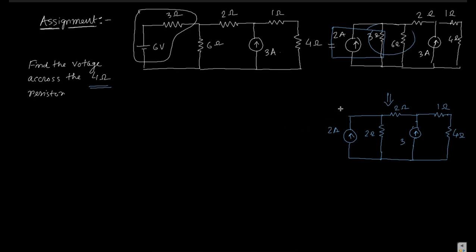Now you can convert this current source with a parallel resistance into its equivalent voltage source and series resistance. So what is the value of the voltage source? It becomes I into R is equal to V, so it becomes 4 volt. And there is a 2 ohm resistance connected. That 2 ohm comes into the series. Now this 2 ohm is kept over here. Then here it is a current source.